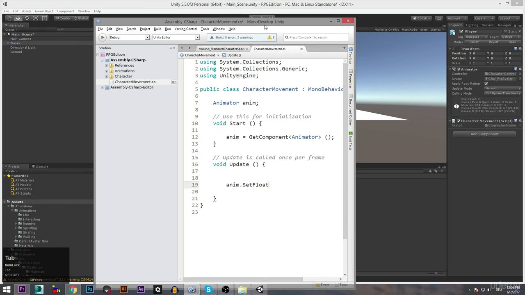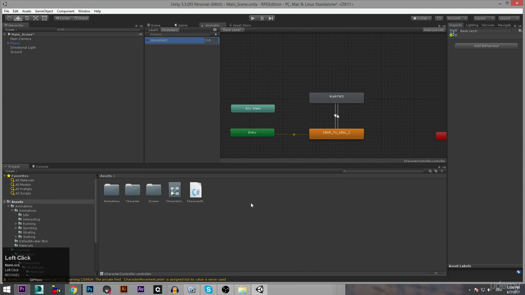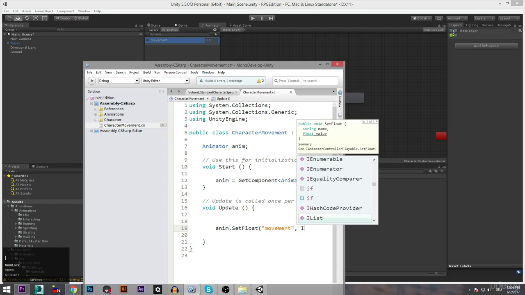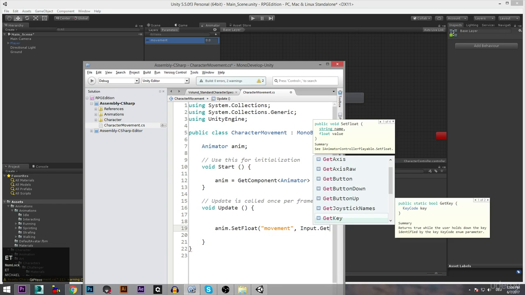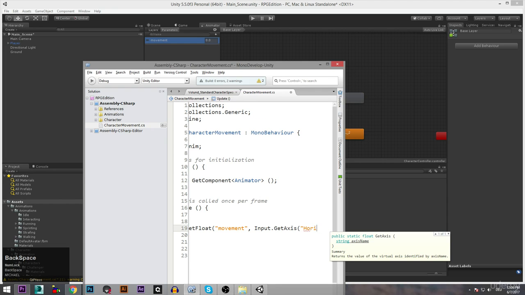If you're asking why SetFloat, again, we just have created a float here which is called movement, and so we have the SetFloat, and it already says string name here. So the string name is movement. Again, we could call this here whatever we want, but movement makes sense. And we want this to be based on the GetInputAxis. I think it's the horizontal for